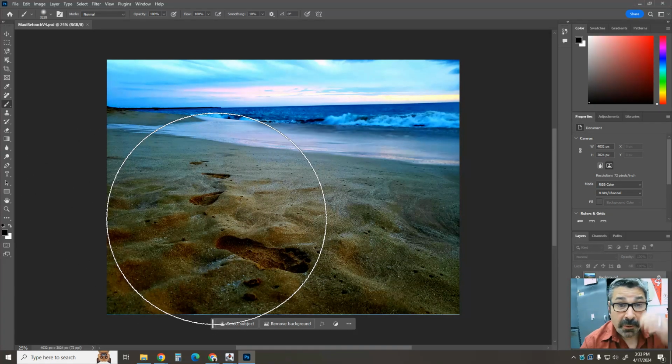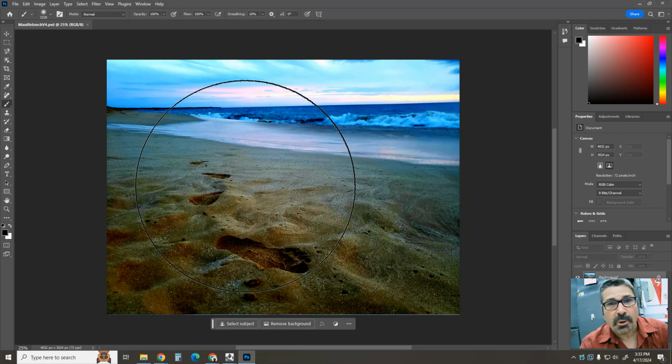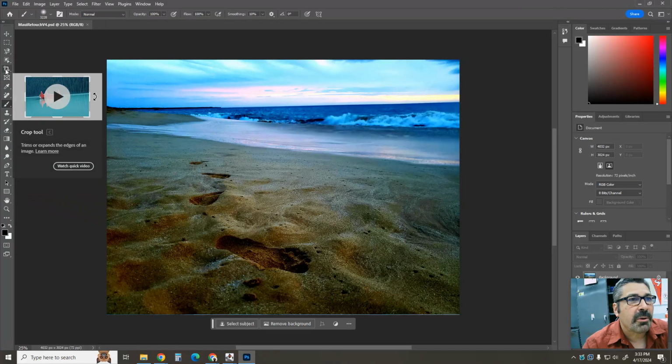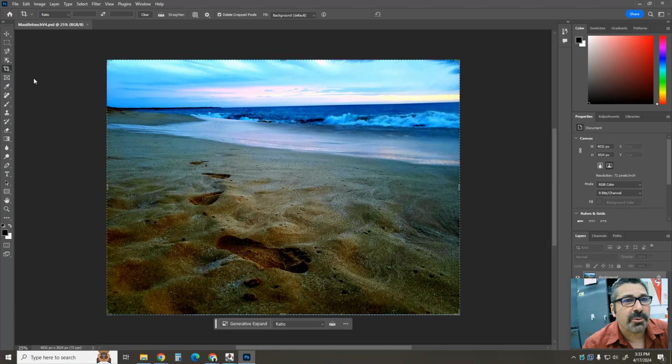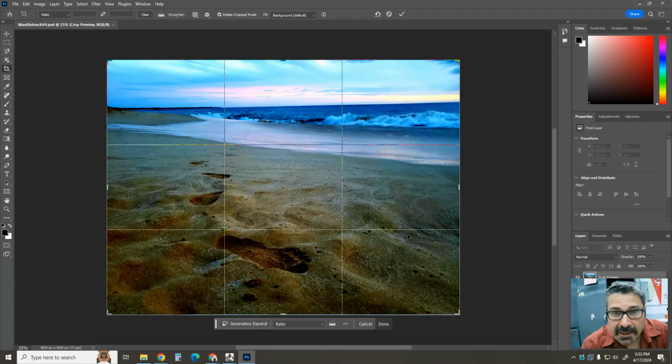All right. So the first thing that we're going to do is we're going to crop this thing. So we're going to go up here to, well, that's not the first thing. That's the second thing. First thing we do is save it as a Photoshop document. Second thing we're going to do is crop this. So we're going to go to this crop tool and we're going to click,